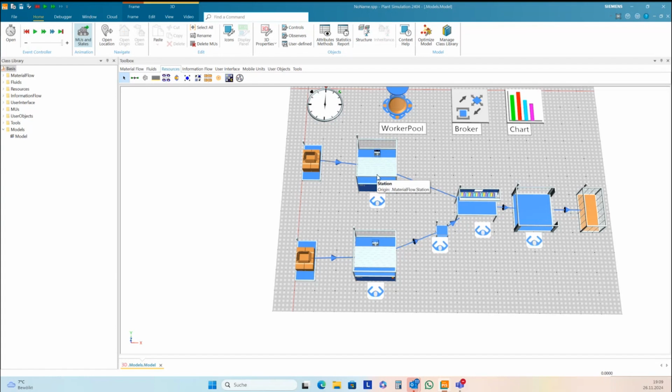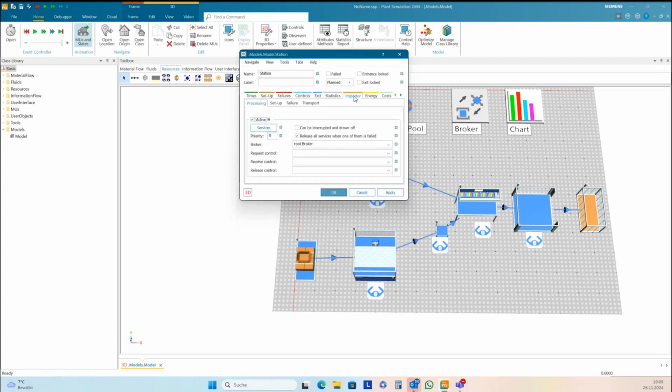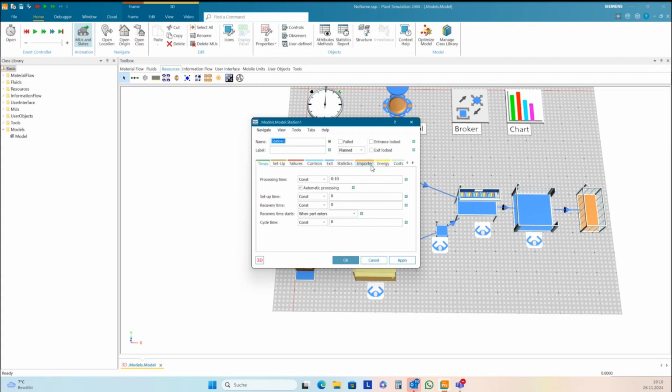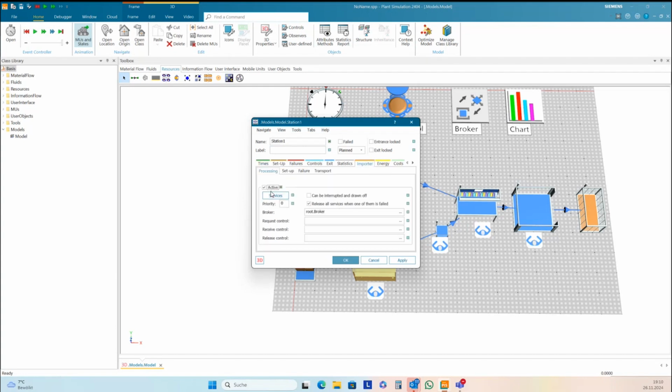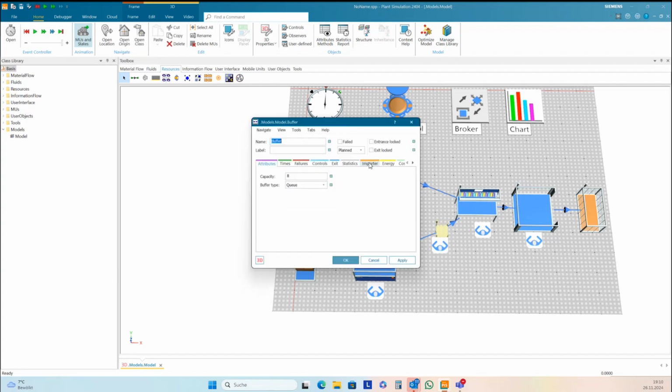Please check the importer. In this station, we need the importer for processing and transport. The same here, importer for processing and transport. Here, we don't need the transport importer.